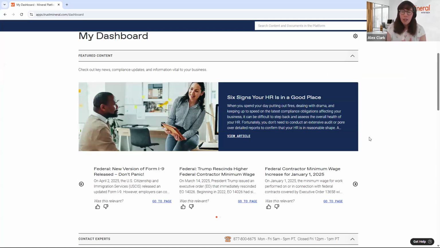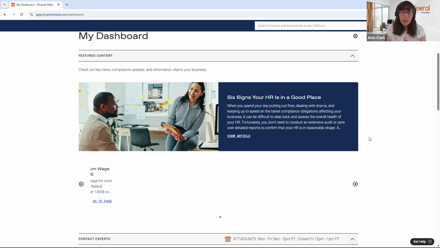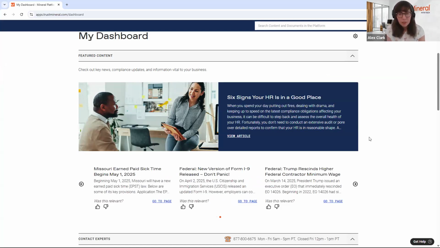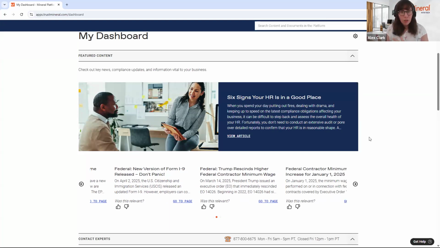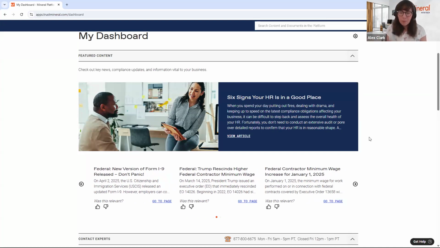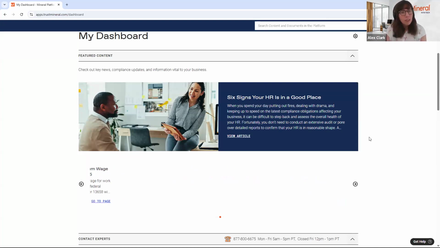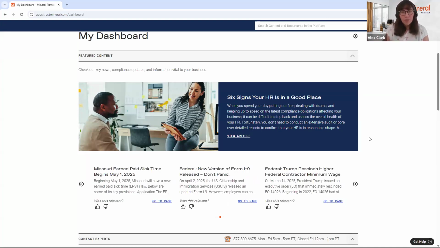But before we get going, when Morrison Garitano adds you as a client, you then have the ability to keep your client information up to date. Whether that's your employee count or the states that you are located in, if it's in multiple states. I'll stress this throughout the session, but it's really important to keep it up to date because there are multiple things throughout the platform. We call it Mineral Intelligence, and we pull that information from your profile section